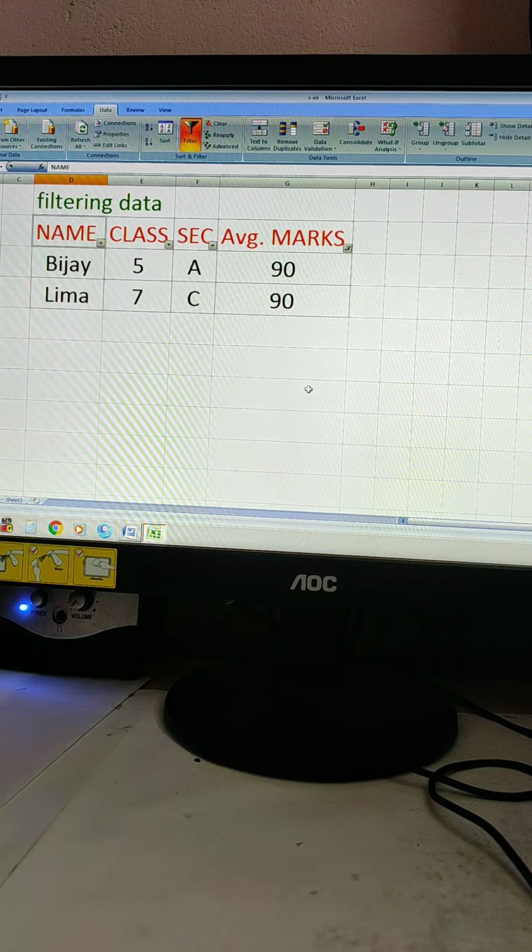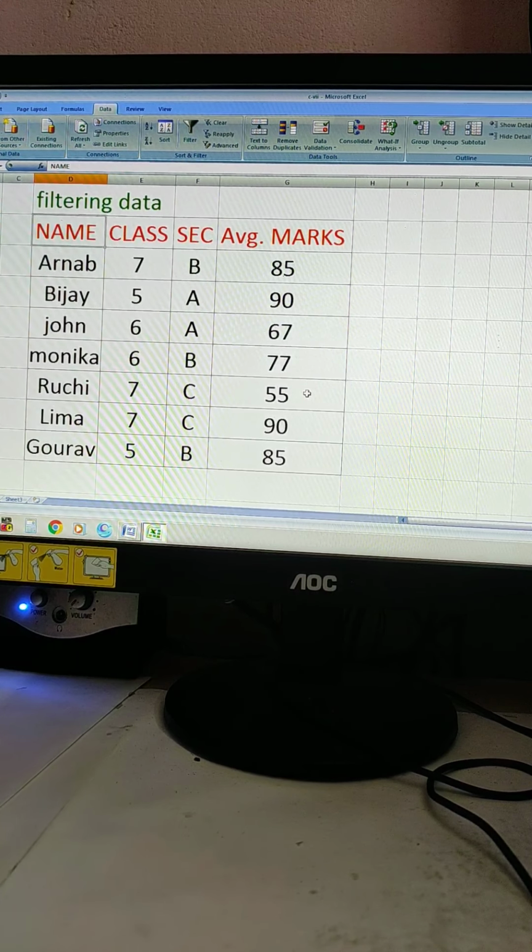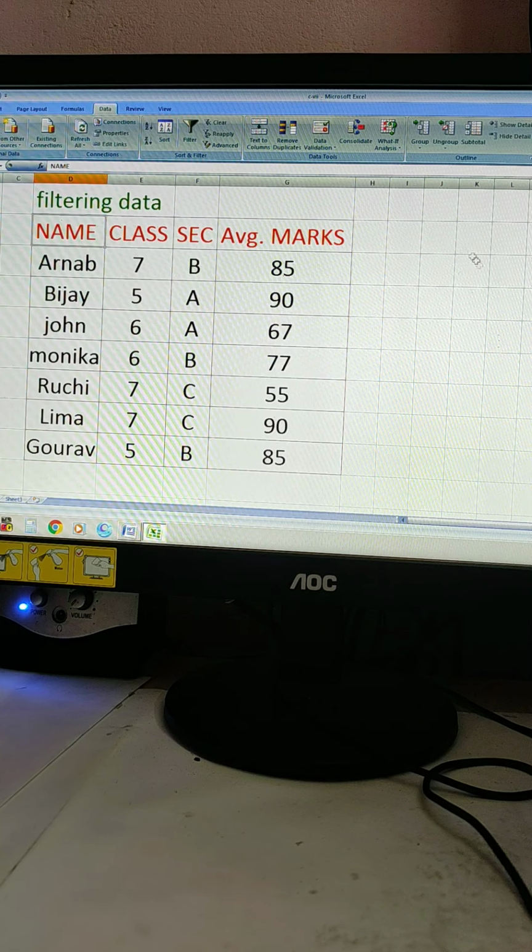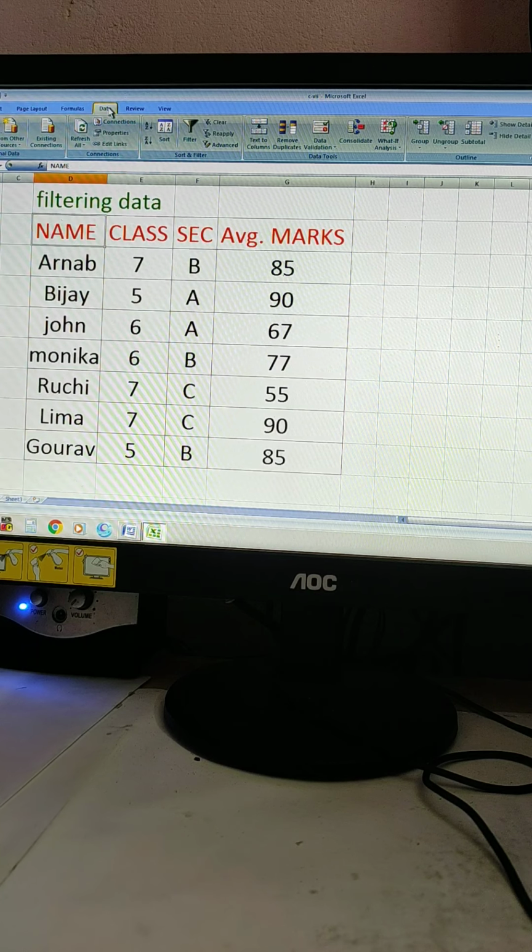What is called a filter? How can you start the filter? And with the help of the filter, you can find anything in the given data table. Section also works the same way. Now lastly I am showing you the section. Again I am saying, go to the data, then again choose filter from the sort and filter menu. And then, in section, you can choose section A.